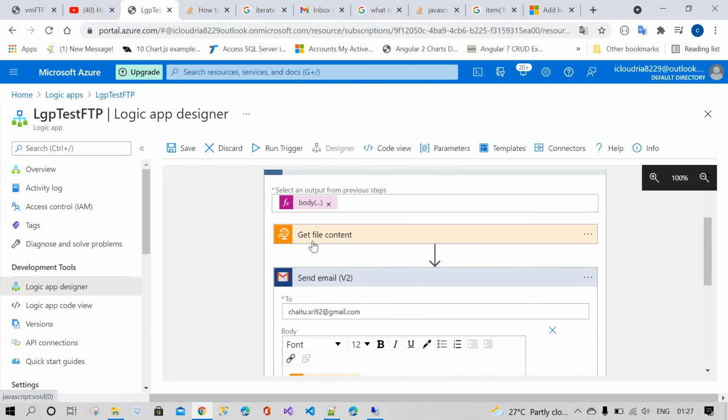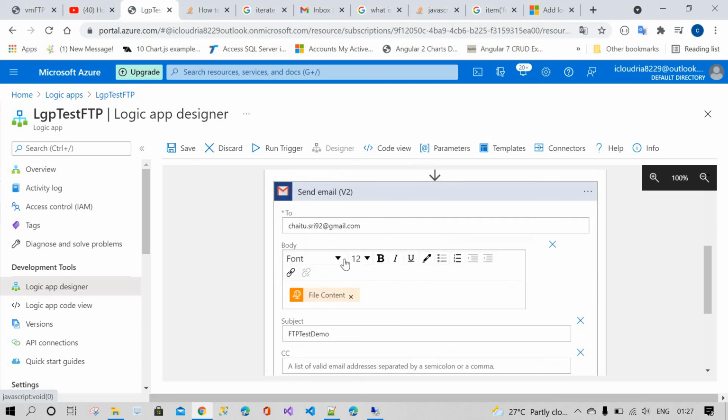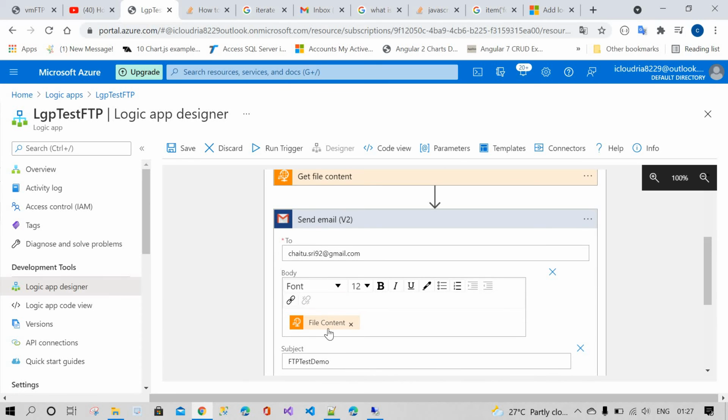After that I need to get the content inside the files, so that's the reason I selected get file content. Finally I need to send the file content, the XML data or JSON data inside the folder, to the target location.